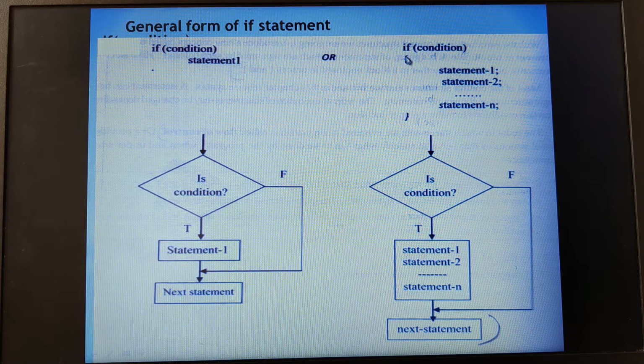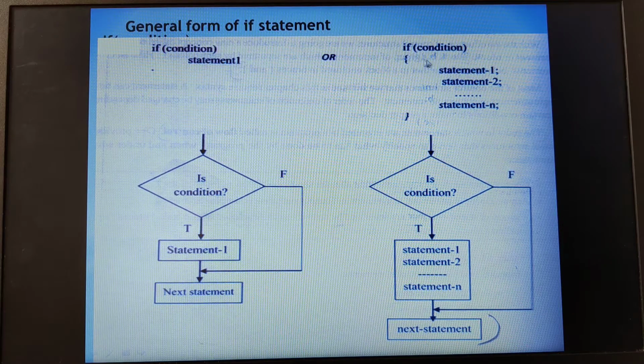Now this is the basic syntax we can write. If the condition is true, then the single statement will be executed. That means this is considered to be the true part of this if condition. Similarly, the if condition can have more than one true statement. If we have more than one statement as a true statement, then we can represent it in terms of a block or the compound statement. What do you mean by block or compound statement? They are the set of instructions that have been separated by semicolon and they are enclosed within the flower braces.